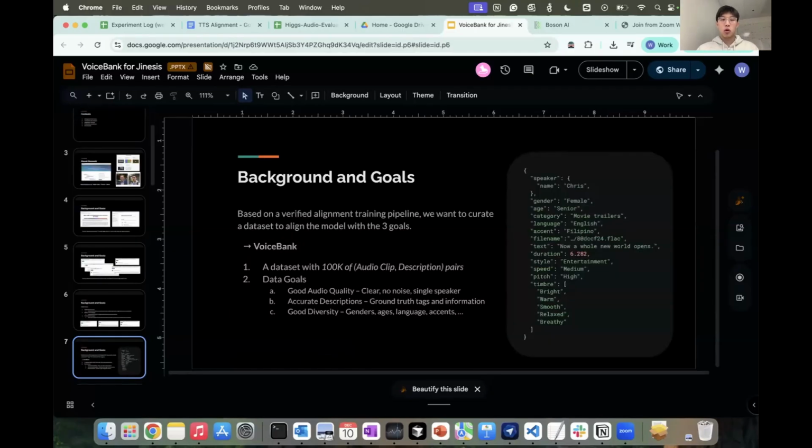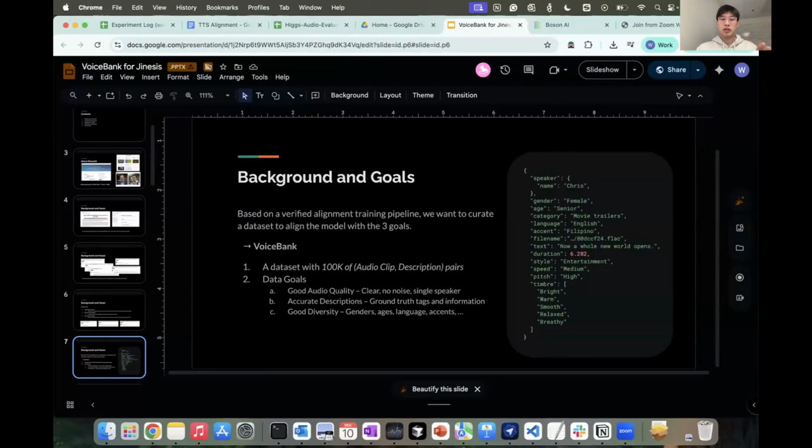Based on these goals, and on the alignment training pipeline we already built, we want to curate a dataset to align the model with the 3 goals. That's why we created the Voice Bank dataset. This dataset has 100K audio clip and description pairs.